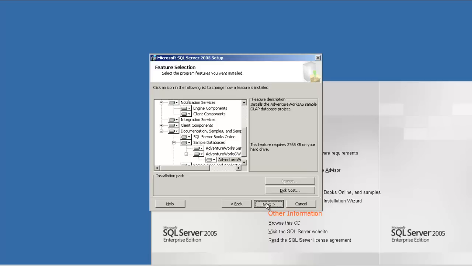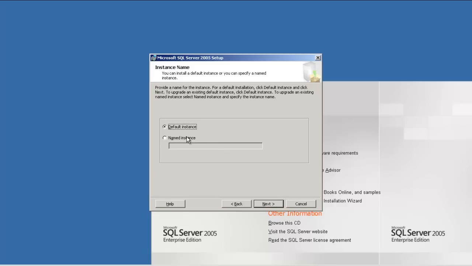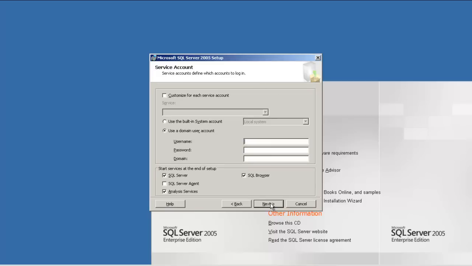As we move to the next one, it will ask for the default instance. I prefer to name the instance, let's say, 11, and I move to the next. As you can see, I have given a name. By default you should always select the default instance. In my case, I have given it a name. Most probably you would always be selecting the default instance. Okay, here it is.